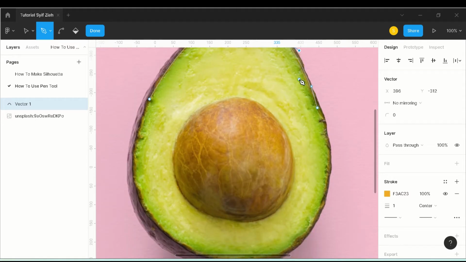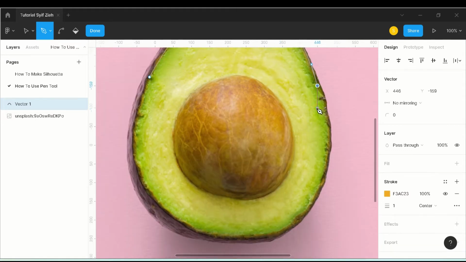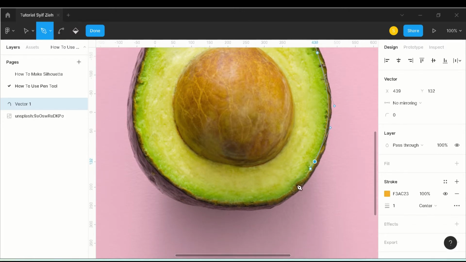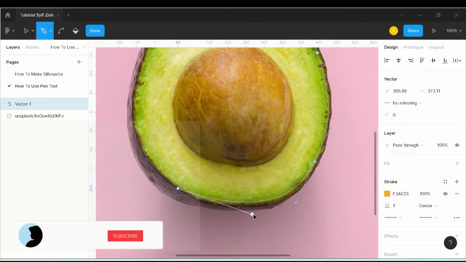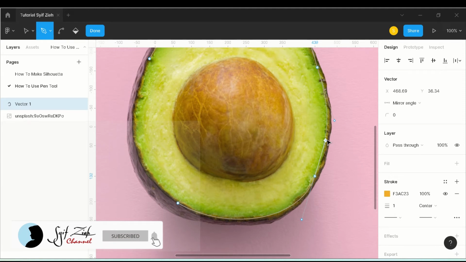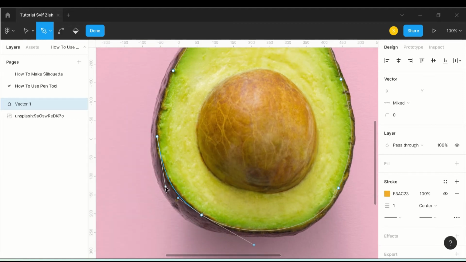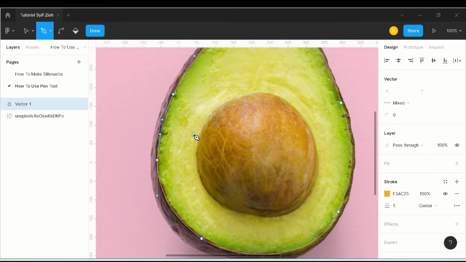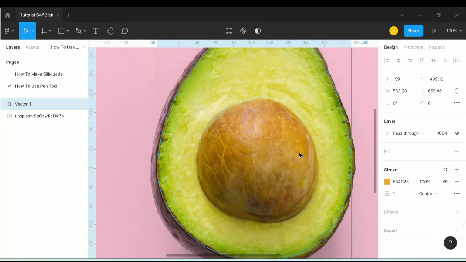Just try to follow to make it the same. Okay, like this. Okay, I wanna make it fast. Yeah, and try to make it until finish. Okay, like this. Alright. You can press enter after that.